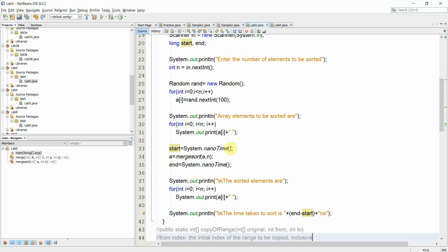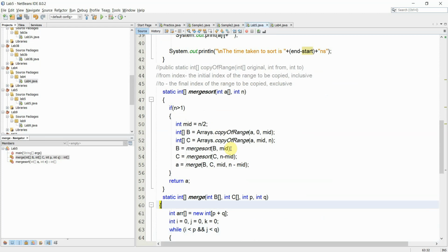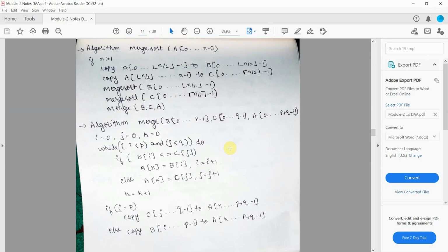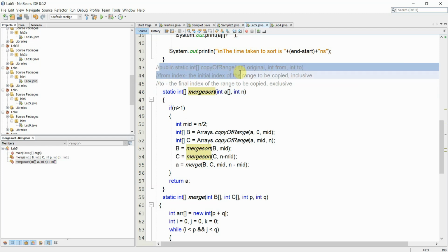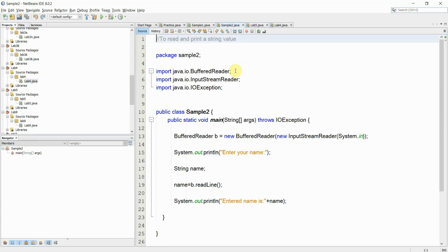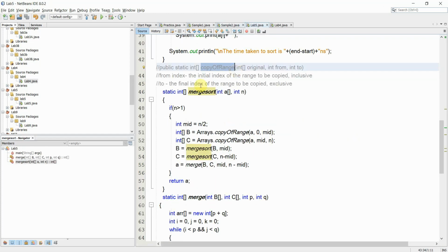Now we will look at the exact merge sort and merge functions as we have seen in the algorithm. Before looking at the merge sort algorithm, we should know one class, the Arrays class, which I have imported here.